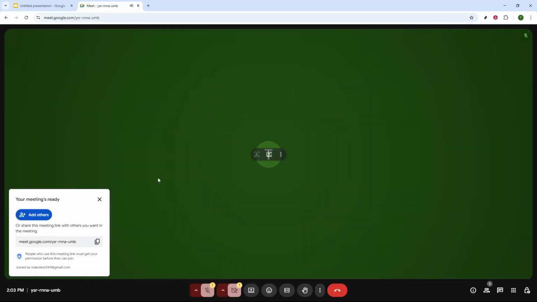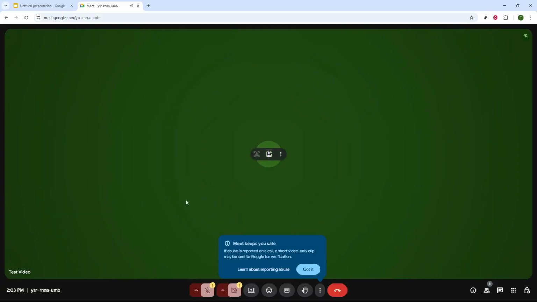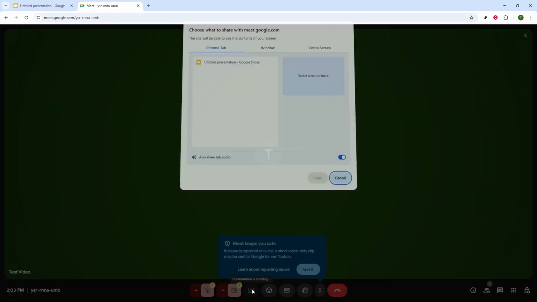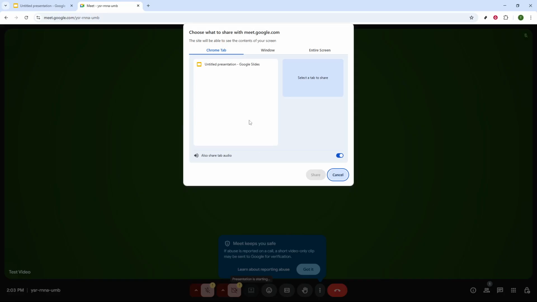Now, with both your Google Slides and Google Meet ready and waiting, it's time to share your slides with your audience. In Google Meet, you'll find an option towards the bottom of the screen called Present Now. Click on it and you'll see a few choices. Make sure to select a tab or any equivalent option that lets you share a specific browser tab. This ensures that only the content in your chosen tab is visible to everyone in the meeting, maintaining privacy and